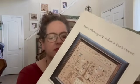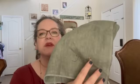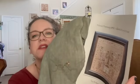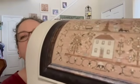And then I'm not sure that Dove will work because, as I said, this is supposed to be on a Weeks Dye Works, what is it, just a tan color. I did go ahead and start it on Dove, which I love this linen. It's so pretty, and I got just a tiny bit, but you can see how the white is really going to show up on this. I started at the bottom, of course, and it has this really complicated, well, maybe not too bad,